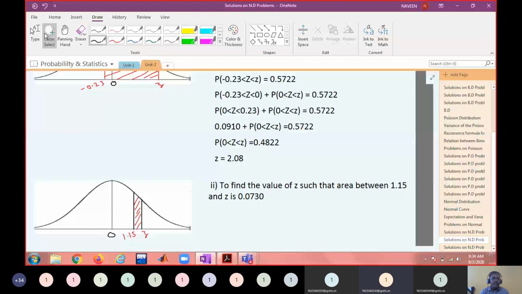So that means the probability that 1.15 less than z less than Z. I'm having a problem again writing. Okay, probability that